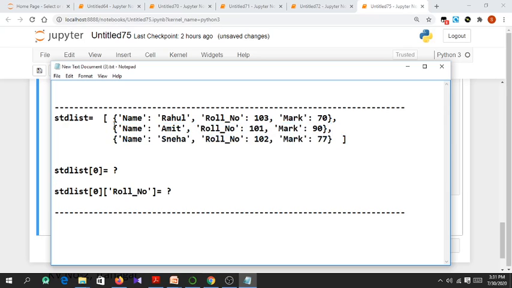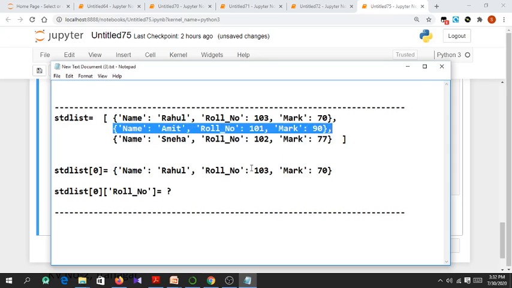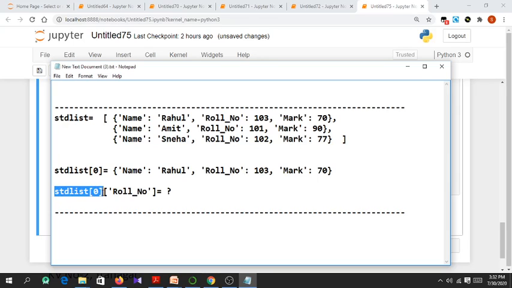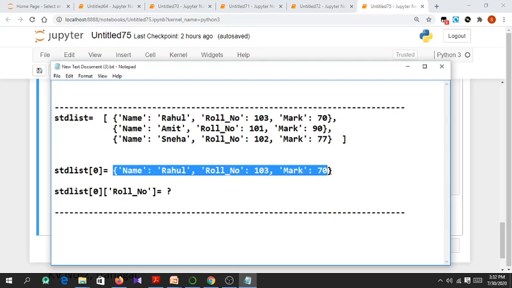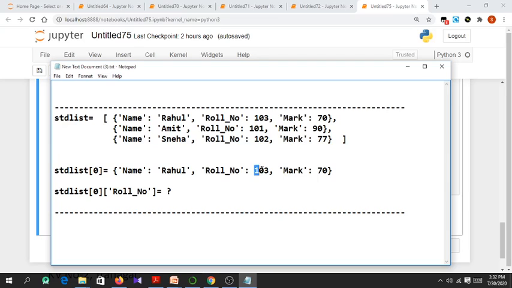When I say student list of 0, I am talking about this particular dictionary. If I say student list of 1, then I am talking about this particular dictionary. Then suppose I say student list of 0 of roll number, student list of 0 is nothing but a dictionary, so I am asking for the roll number part of that dictionary, that means I am talking about this 103 right now. Getting?